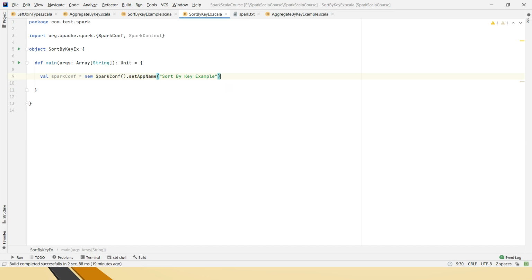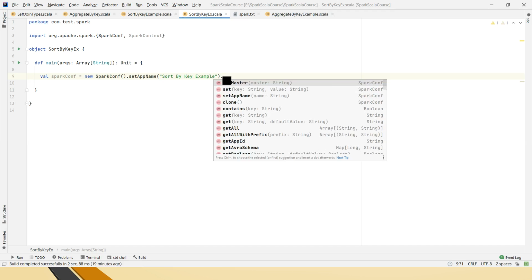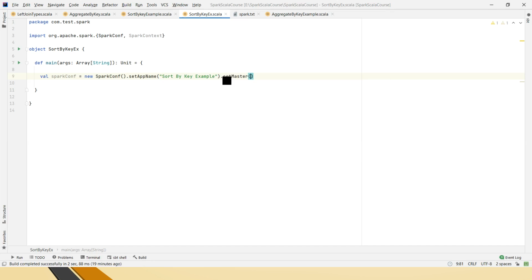Whatever name you set here, when you are submitting using the spark-submit command, you will be able to see the jobs in the UI. At that time you can search based on this name, whatever name you are giving here. That's the use of setAppName. Similarly, whatever master you set, the Spark job will run in that mode. Because I am using a personal laptop, I am using local, and if you are working in a project in production, usually it will be cluster mode.